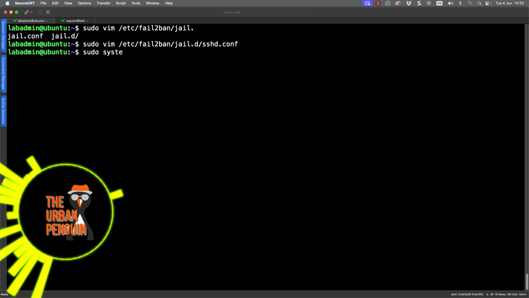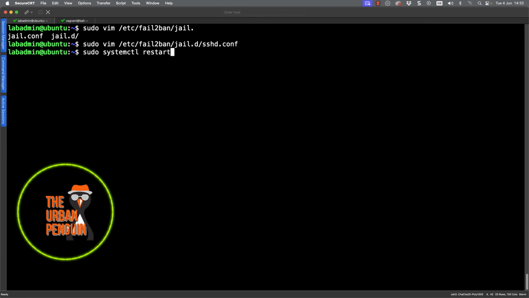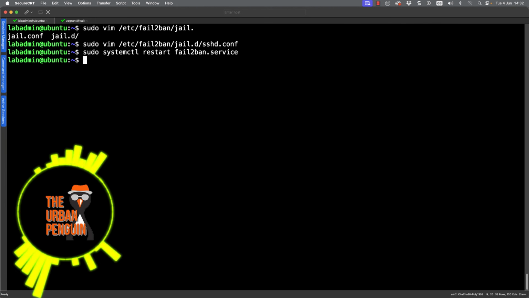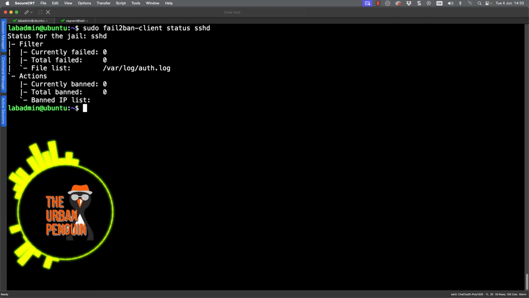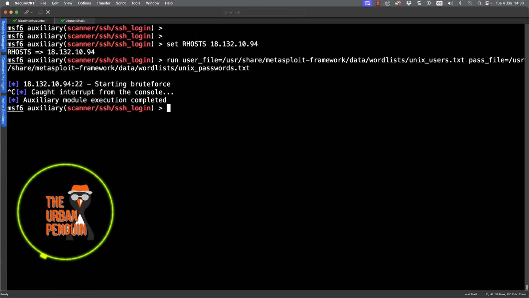And now I can make sure that I restart the fail2ban service. By restarting the service, we're going to ensure that the service reads the configuration that we have just written. We also have a client so we can actually see the activity that is happening. So if I go through and look at my fail2ban client and look for the status of the sshd jail I've just created, well, we can see at the moment nobody is banned. So it doesn't retrospectively ban or block IP addresses.